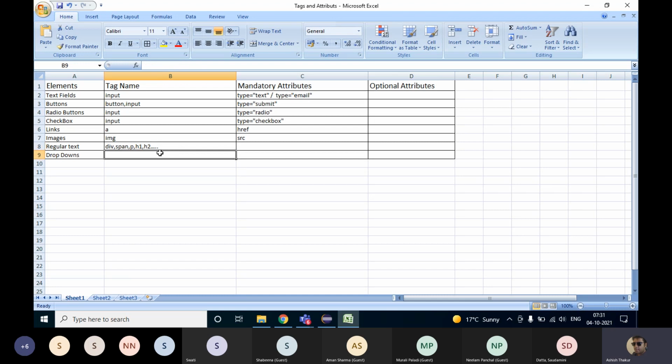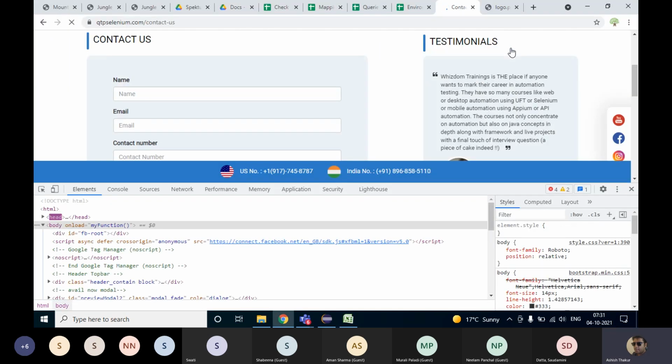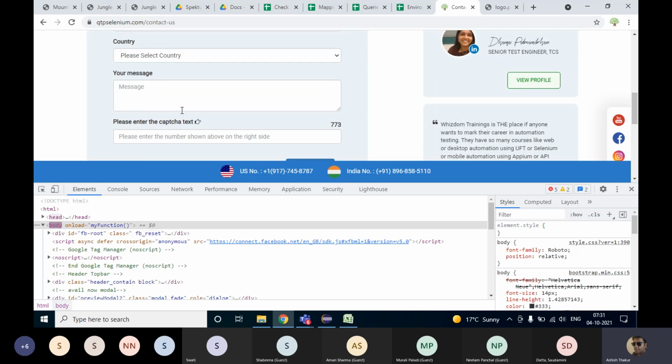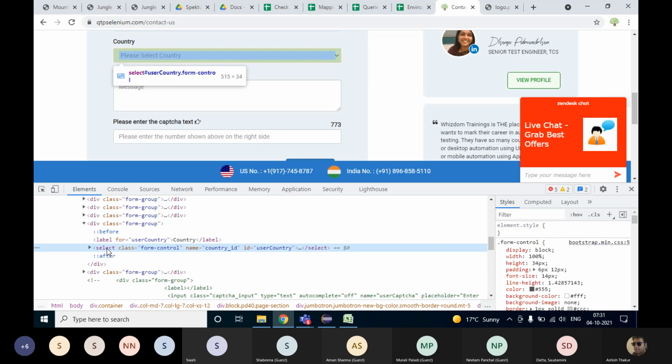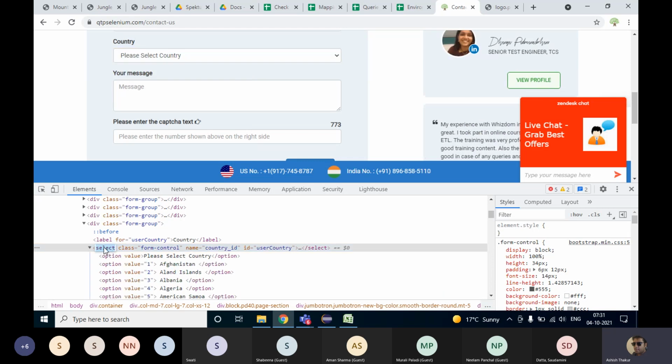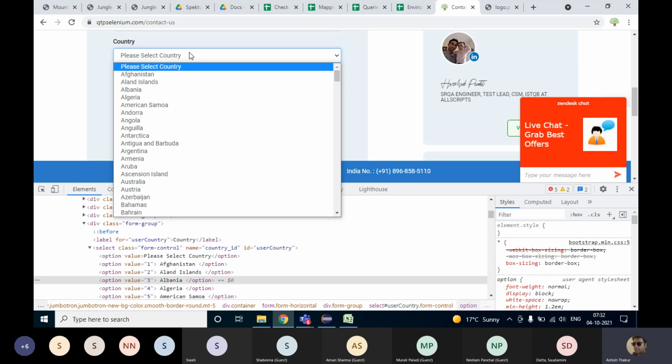Okay, for a drop down, if you look at this contact us page, this country drop down, for example, a drop down will always have the tag name select. Inside the select tag, there are different option tags. Each option tag represents an option in the drop down.